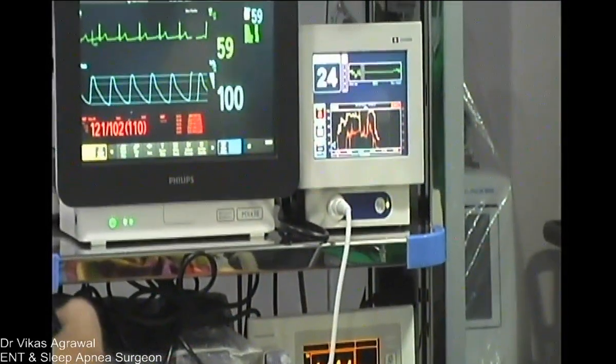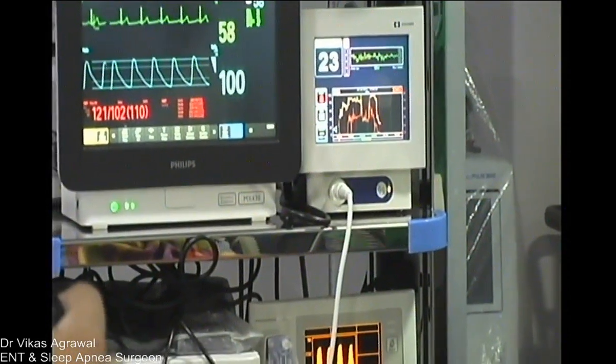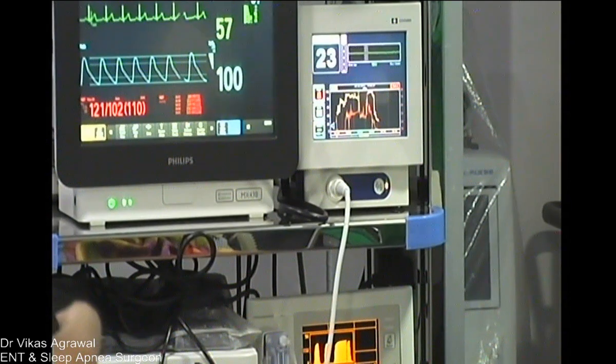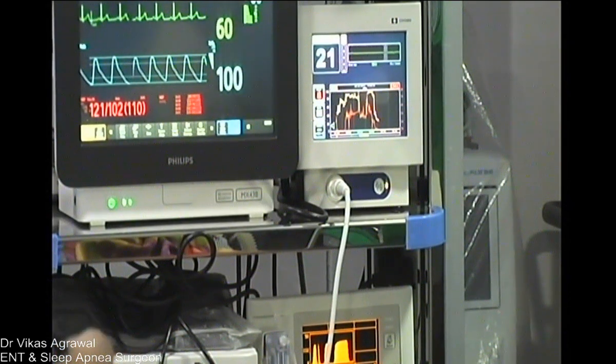Now see, the base is 24, absolutely low. So completely relaxed patient, and still we are able to maintain the airway. So this also tells me that in case if the patient,